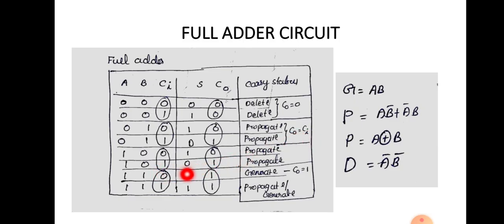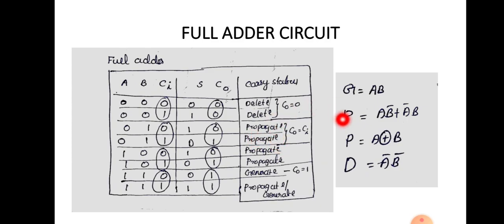In the last case, the carry output is 1 and 1. That means whatever the carry input, the carry is generated here. Here the carry was 0, now the carry is 1. That is, the carry is generated; previously it was not there, now it is generated. Here it is 1 and here again it is 1. So we can say that since the carry is 1, it is either carry generate or propagate. That means whatever the carry input, the carry output is 1. So there are three carry status signals: carry delete, carry generate and carry propagate.